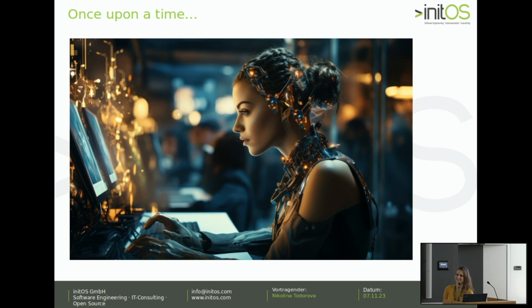Once upon a time, in a galaxy far, far away, or maybe not so far, there was a girl called Freya, and she was developing her Odoo module. Everything was working fine. It was dark in the room. She had enough coffee. Her favorite code environment had finally implemented the dark mode. Everything was perfect, and she was also preparing for her vacation. She thought, okay, I'm almost ready, so I can make it and go on my vacation free. But then,